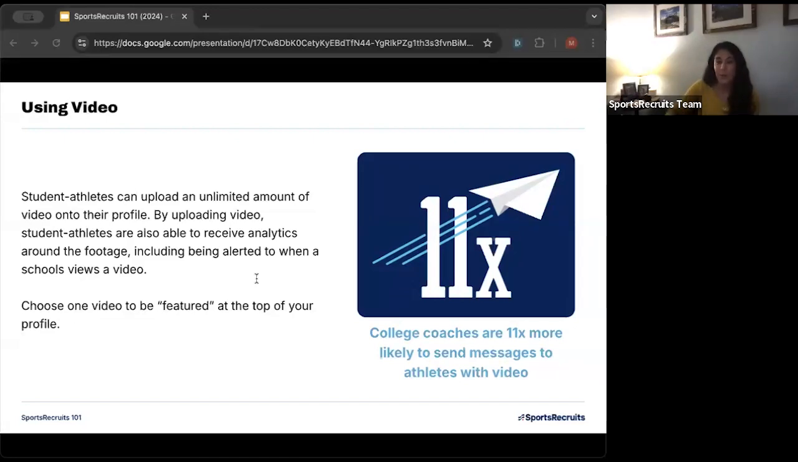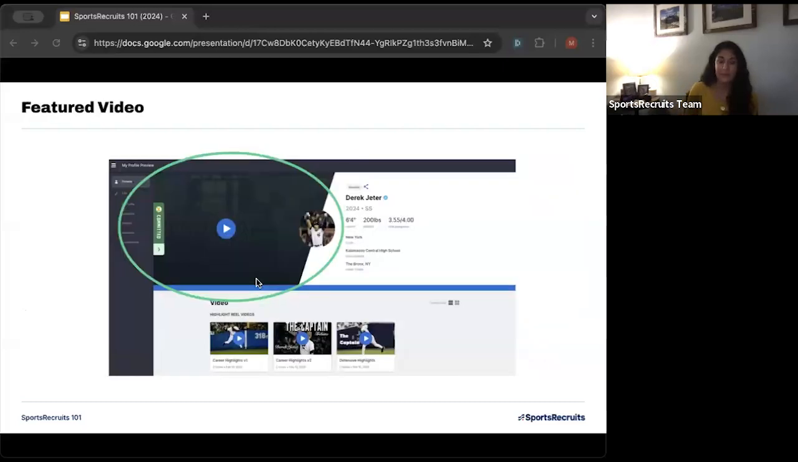And I'll go into that more in the next slide. So again, let's talk about this feature video, and it will show up right where that green circle is there. This feature video should either be your most recent and best highlight reel or your most recent video available. This is because it's going to be the first video that college coaches will see when they click on your